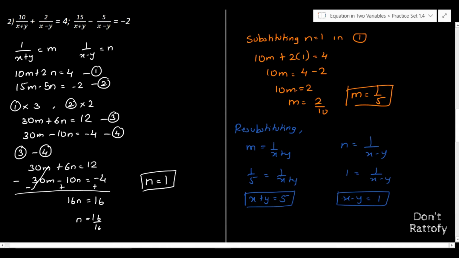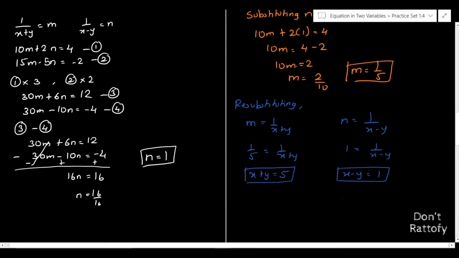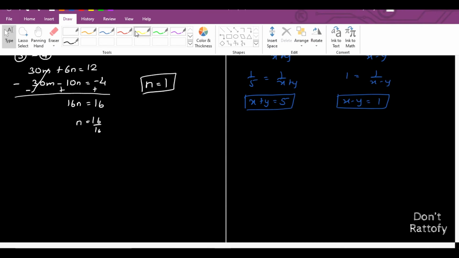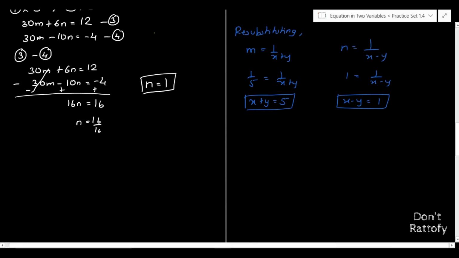Now again, you can see this is a linear equation. We are going to solve it simultaneously again to get the value. Okay, it's a very easy type. Remember, I'll take yellow. So let's say this is my fifth equation and this is my sixth equation. I have plus y minus y. So equation 5 plus equation 6: x plus y is equal to 5, x minus y is equal to 1. If I add these two, I will get 2x is equal to, plus y minus y gets cancelled,